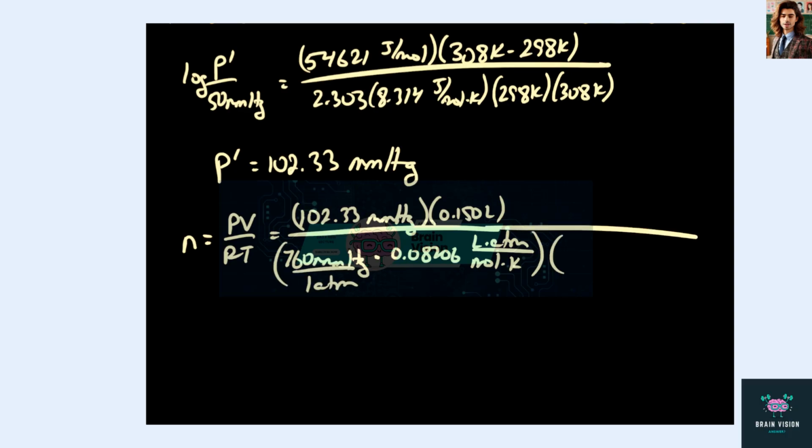That's our conversion there. And temperature is 308 Kelvin, 35 degrees Celsius. Solving this for number of moles, we find that this is equal to 7.98 times 10 to the negative 4 moles. So this is the moles of solvent present in the gas phase